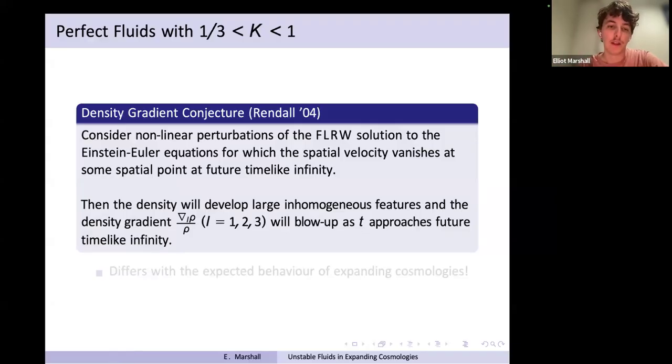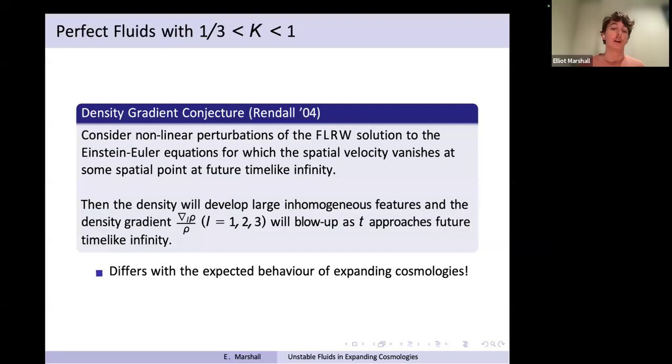which is not what you would expect in a stable spacetime. Okay, but more importantly, arguably, is that if this conjecture is true, it totally differs with that expected behavior of expanding cosmologies. So you'll remember we have this expectation that our models should approach a homogeneous and isotropic end state, and the matter should in some sense become negligible. But what we're seeing here is that the matter would actually become extremely inhomogeneous and anisotropic. So we're in a totally different regime. So this would be a counterexample to that cosmic no hair picture. So in that sense, it's interesting to determine, when does this conjecture actually hold?